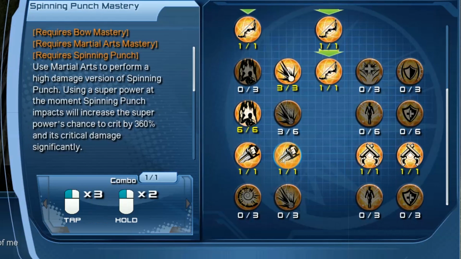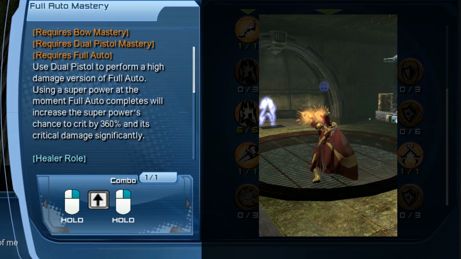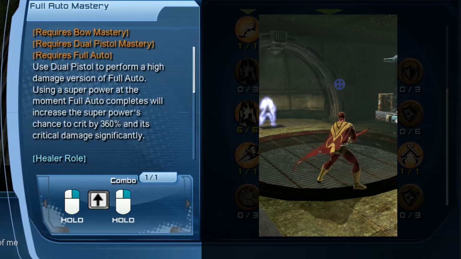Now these are definitely more melee centric. Let's go here and take a look at the dual pistols, and this will give us a little bit of ranged abilities. For full auto mastery, it requires bow mastery, dual pistol mastery, and full auto in the dual pistols tree. Now to do this combo, you're going to hold